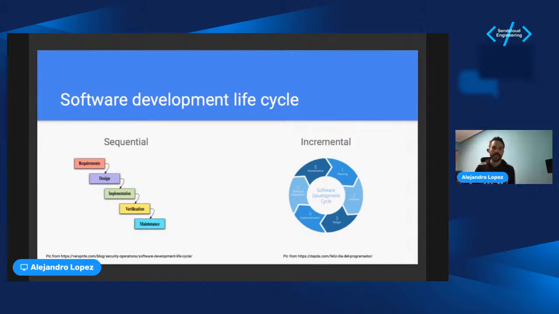And of course, there isn't any model that is perfect, or there isn't such a thing as a perfect methodology, or a perfect framework or library of software. Each one of them has their own benefits and drawbacks. But there is a strong point in the incremental and iterative model that I like to point out, and I think this is a great benefit over the sequential model: you test earlier in the software development lifecycle. And not only that, you add different levels of testing, and you provide earlier feedback. And as we can see in the next slide,